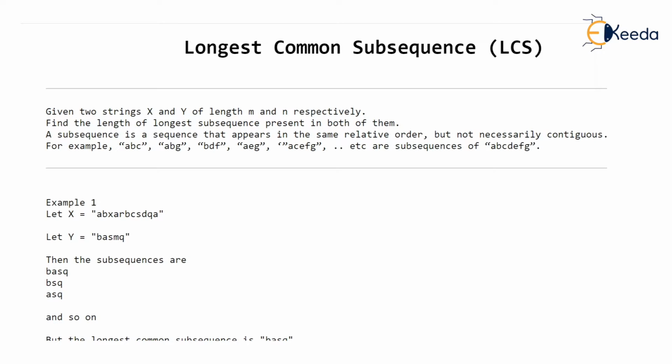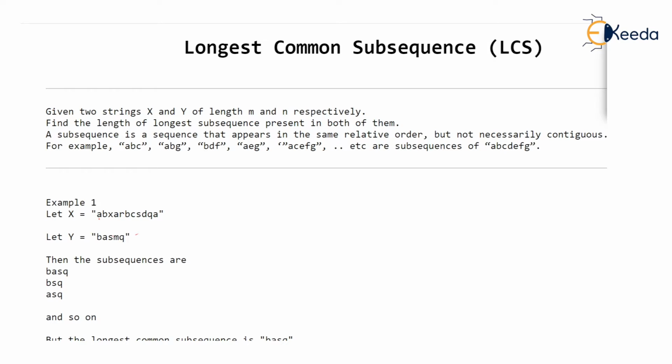At the time when we have matched A with the second letter of Y, the next letter B cannot be matched with any letter in this direction of Y, left to right. And you notice that the next letter X has no match. The next letter A has no more match because there is no more A after this first A in Y. R has no match. B has no more matches because B has gone back in the string Y. C has no match. S is found here. You just check, S is found. So the match for S is found.